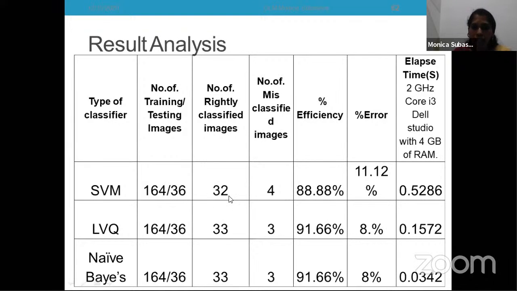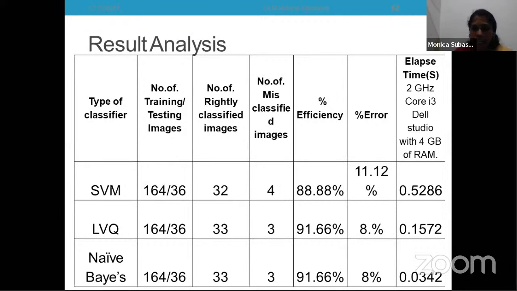How do I know whether it is the right classification? I got the validated data set from a doctor, and based on that information, we validated our classifiers. So only 4 were misclassified. Efficiency was 88%. Error was 11%. And this was the elapsed time, and the process information is given here. LVQ was 91.6%, and naive Bayes 91%. Maximum during that time, with the help of machine learning and the available data set,